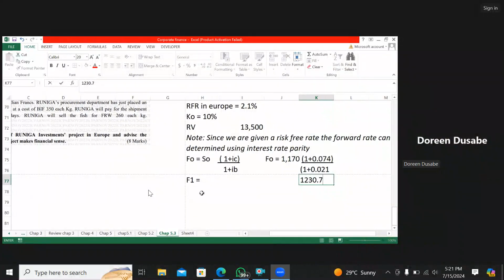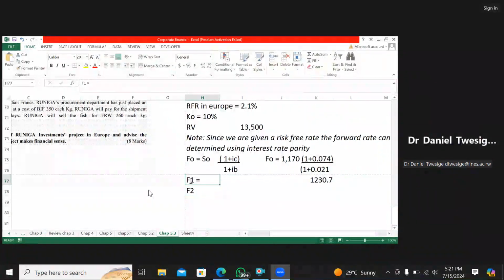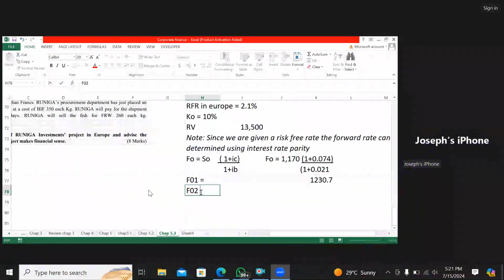Now it makes sense. Now, if you go to year 2, F2, maybe I can put F01, F02. It will be 1230.7